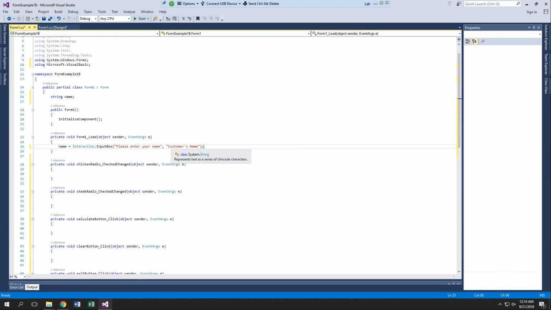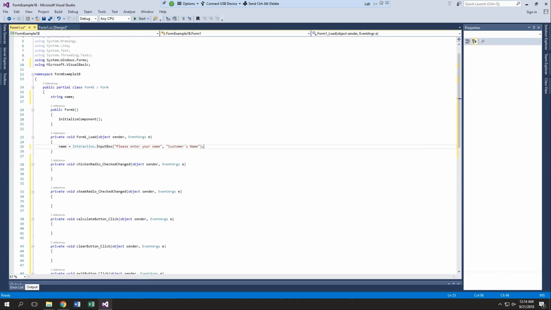So we have a title, we have the text where it's asking them their name, and they'll see a box under that. And so that's all you have to do. If you wanted to create your own, you'd have to probably create a class with all the settings for the input box. This is a lot easier. Okay, so